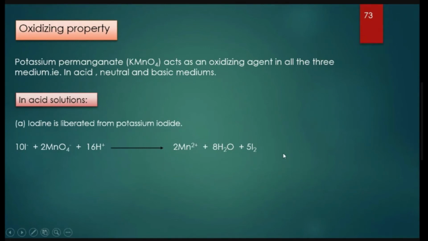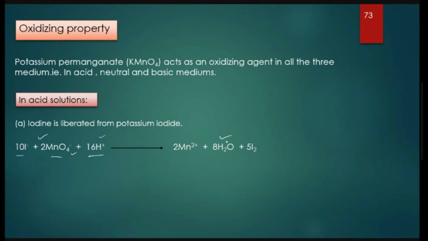Here you can see 10 I minus, the iodide ion, which is made to react with potassium permanganate. Here we have taken only the permanganate ion in the presence of an acid. 16 H plus is from the acid. There are 16 H plus ions and 2 MnO4 minus, so 2 into 4, 8 oxygen atoms are there. All the 8 oxygen atoms will be taken by 16 H plus ions to form 8 H2O. Here you can see 8 into 2, 16 hydrogen atoms are there with 8 oxygen atoms, so they take away all the 8 oxygen atoms